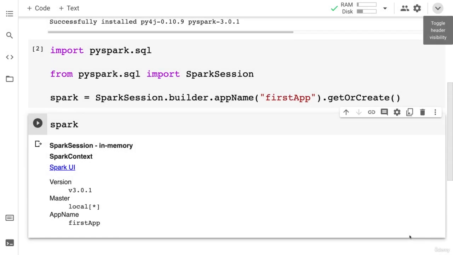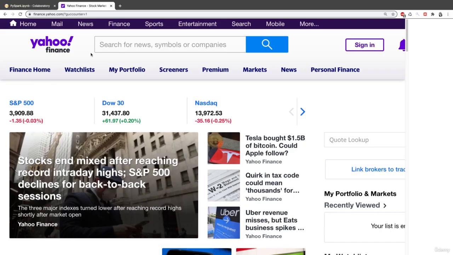In the previous lecture, we created a new instance of Spark here in Google Colab. We made a new Spark app. In this lecture, we're going to find and load data that we are going to work with to experiment with data frames. So for that, I'm going to visit the site